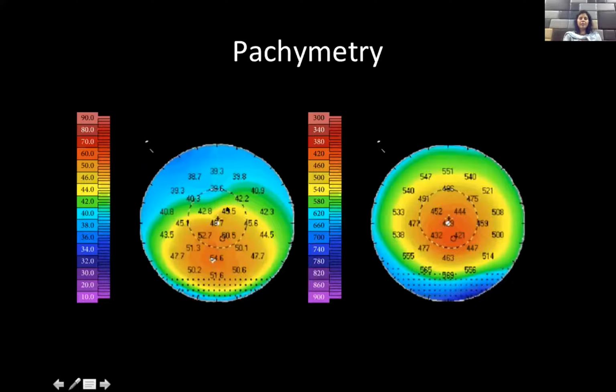You also look at the pachymetry map. So now this is the curvature. You can see that there is a protrusion here. And then when you look at the pachymetry, you can see that here the pachymetry is 421. That is, there is thinning over here, and it corresponds to the elevation or the increased curvature. That is, 54 diopters is almost at a similar location as the thinnest point. So pachymetry on the quad map will show that there is thinning.